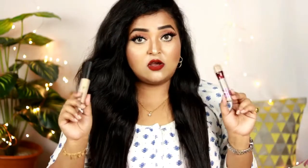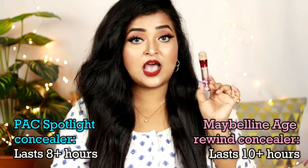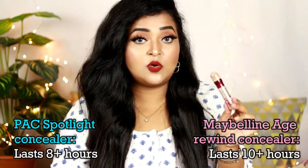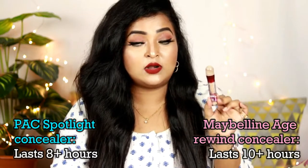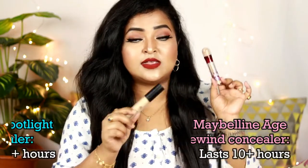So now coming to the longevity of both of these concealers, the Maybelline Age Rewind Concealer lasted on me for more than 10 hours. It is a really long lasting concealer because it has a matte finish, so it will automatically last on you for a very long time and it doesn't crease at all. Even after 6 to 7 hours, the Maybelline Age Rewind Concealer doesn't crease,